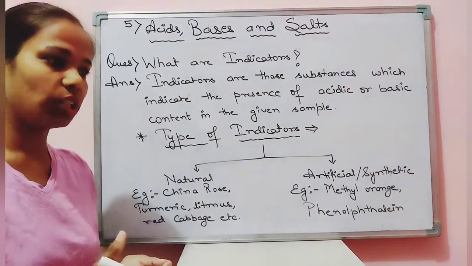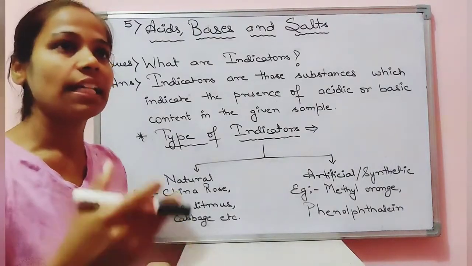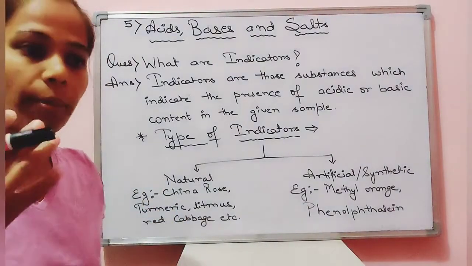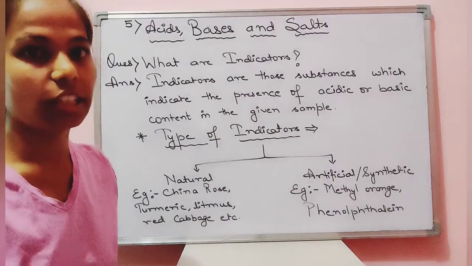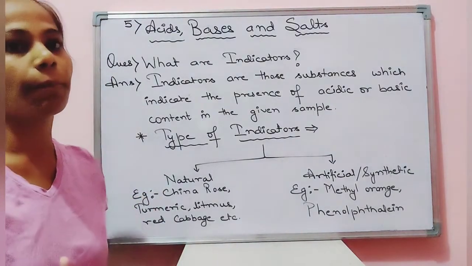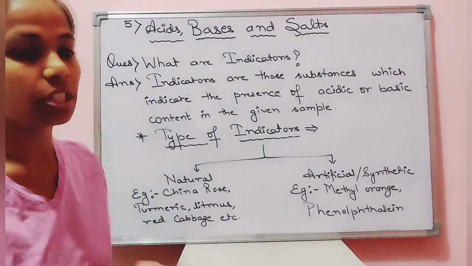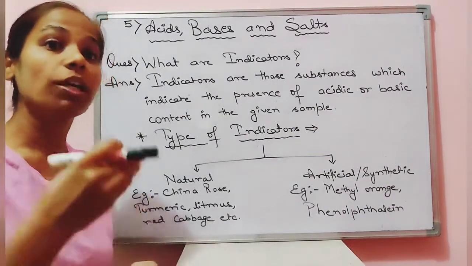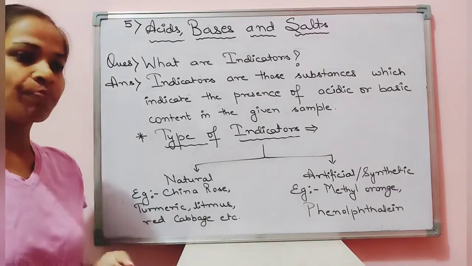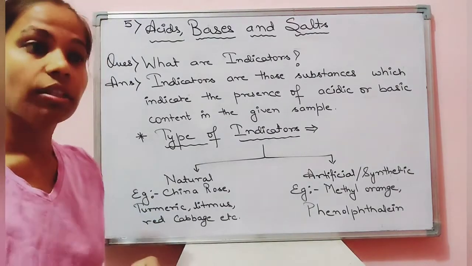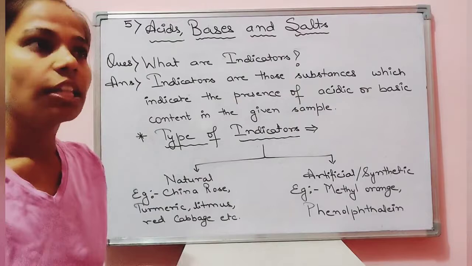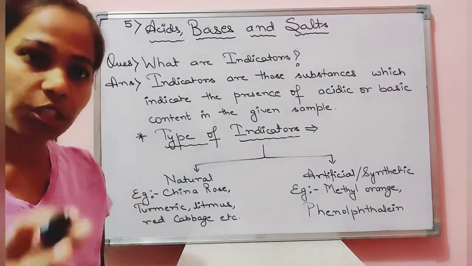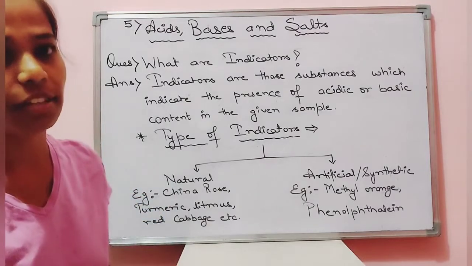I had told you in the last lecture also that there are some acids that we prepare by ourselves artificially in the laboratories. When the acids are prepared artificially in the laboratories, they could be concentrated, they could be highly reactive, they could be corrosive in nature. Therefore, they could harm us. They can burn our skin. Therefore, it is always recommended, children, not to touch or taste those kinds of acids.